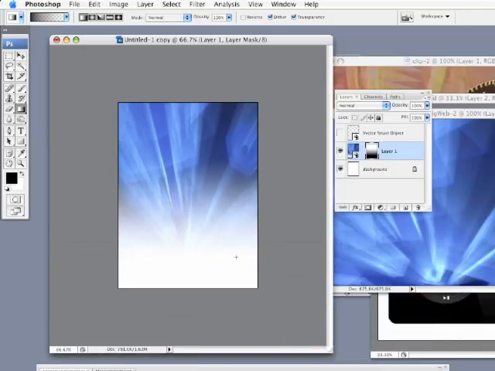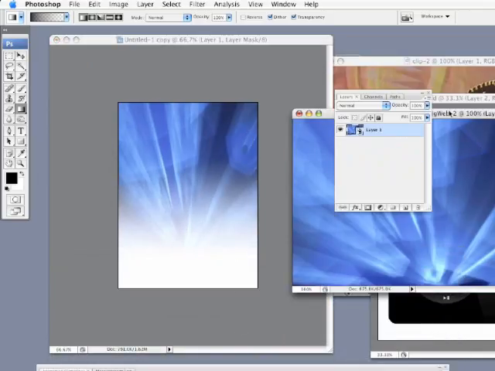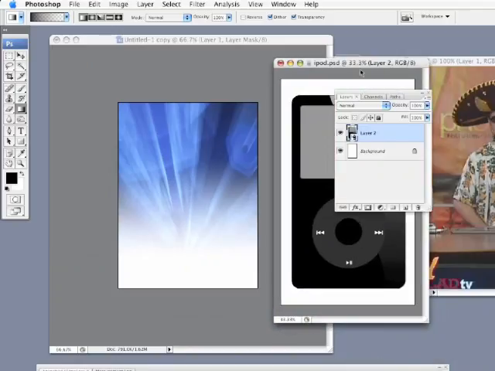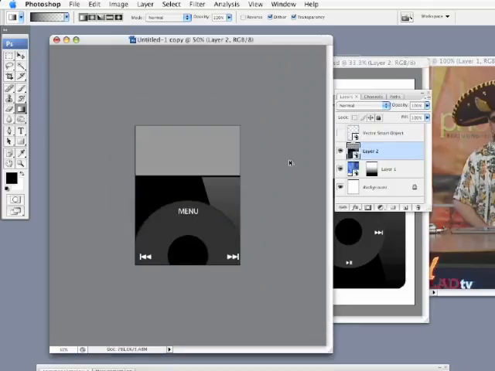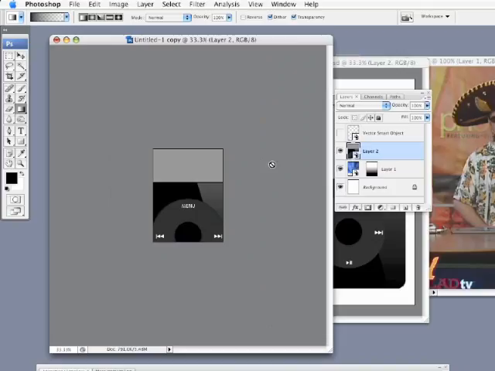So that looks pretty good. All right, let's move on. Let's go and get that iPod image here. And I'm just going to hold down my Shift key and drag and drop that layer into my working document here. Now, of course, I built that illustration at a pretty high resolution, so I'm going to have to scale